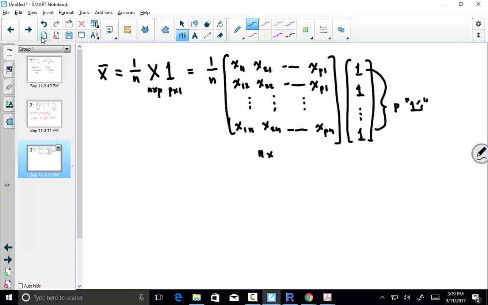So n by p, p by 1. Then doing matrix and vector operations, that gives us what we want. 1 over n, the sum of x, let's see,